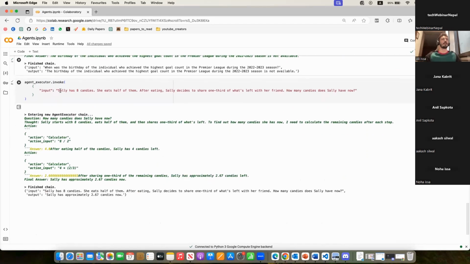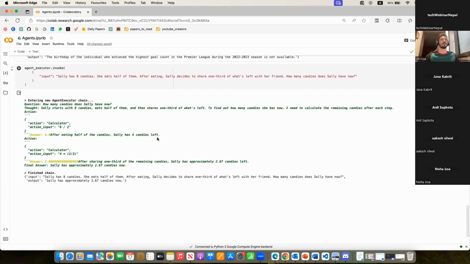Another example is related to math. I said Sally has 8 candies, she eats half of them. After eating, Sally decides to share 1/3 of what's left with her friend. How many candies does Sally have now? So this task needs to be decomposed. Same thing, the model will start thinking about what I want to do and how we want to do it, to calculate. So the action sent to the action component will be to use the calculator, and the action input,